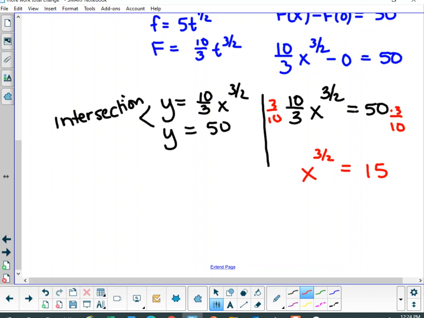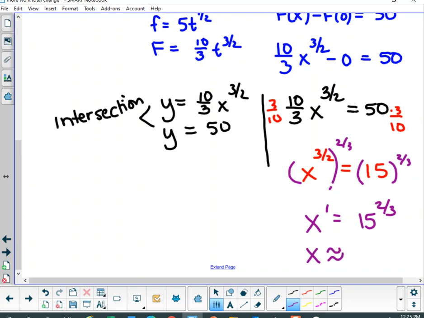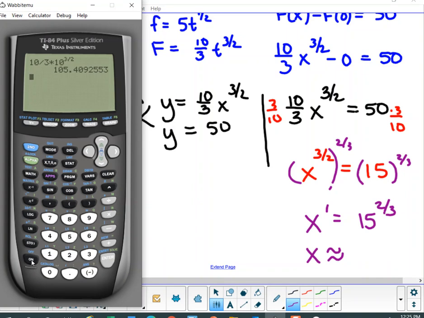That's what happens when you take 50 times 3 and then divide by 10. And then a 2/3 power will eliminate the 3/2 power, or make it a 1. X to the power of 1 is 15 to the 2/3. And so we'll get that x is about, I take 15 to the 2/3,